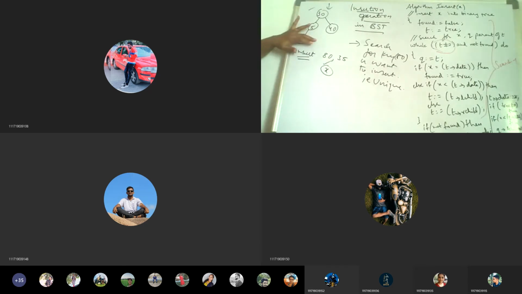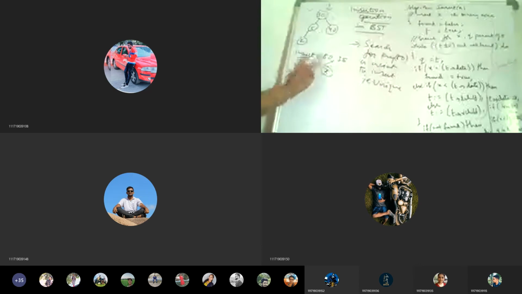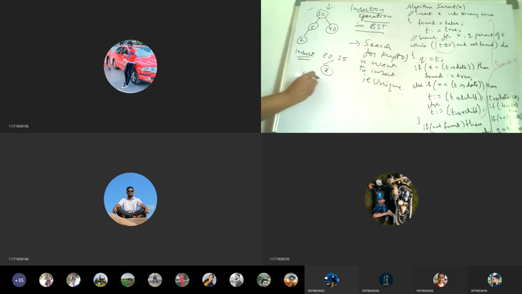Into the existing tree, you have to compare x with the root key. Is x equal to key? x is 80 and key is 30. Is it true? No.